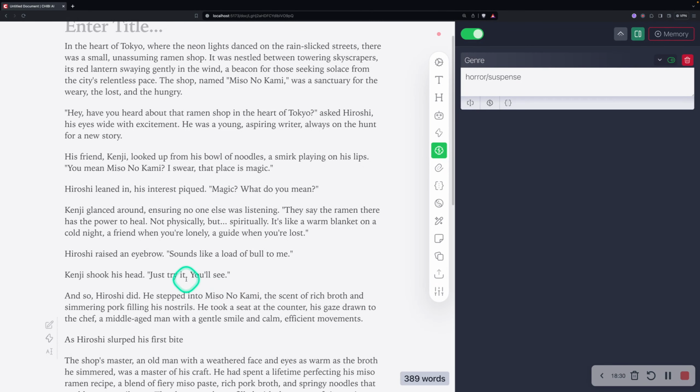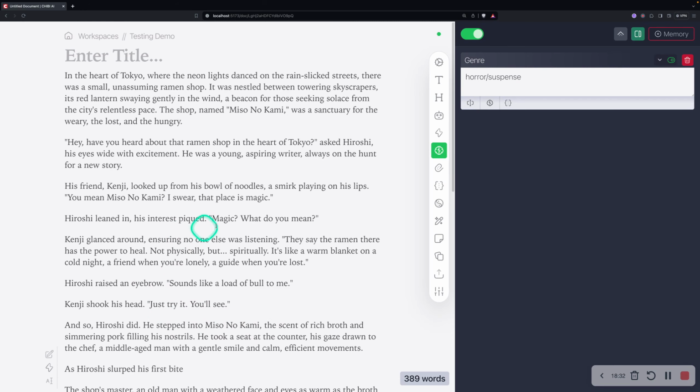It looks like it's kind of setting the stage for it. Magic, what do you mean? That's pretty cool. Okay, so what happened here is that behind the scenes when I click that right button, horror